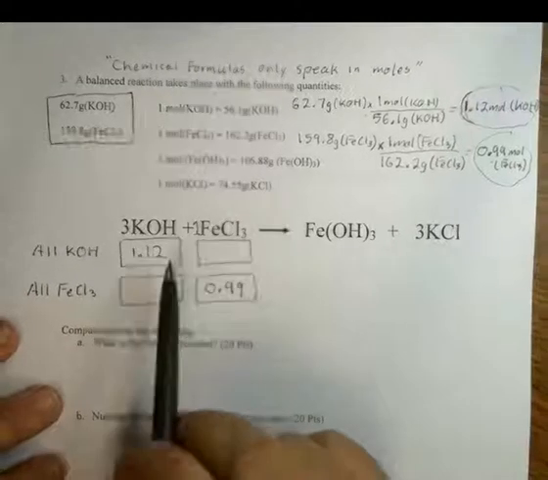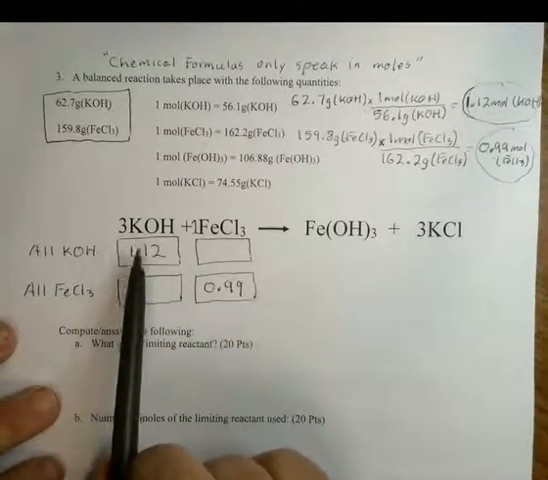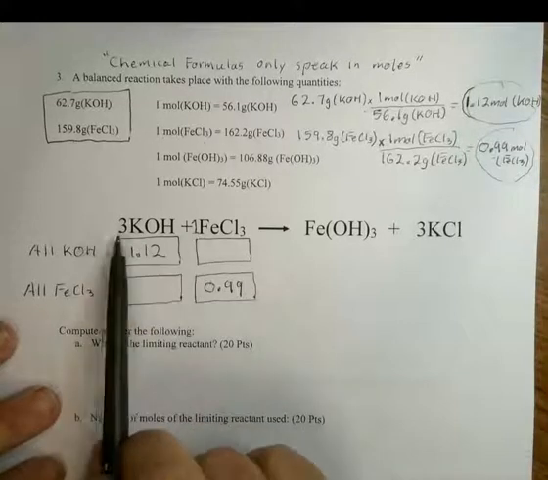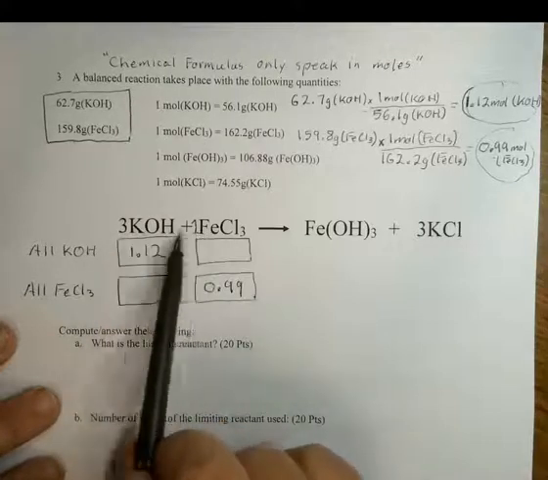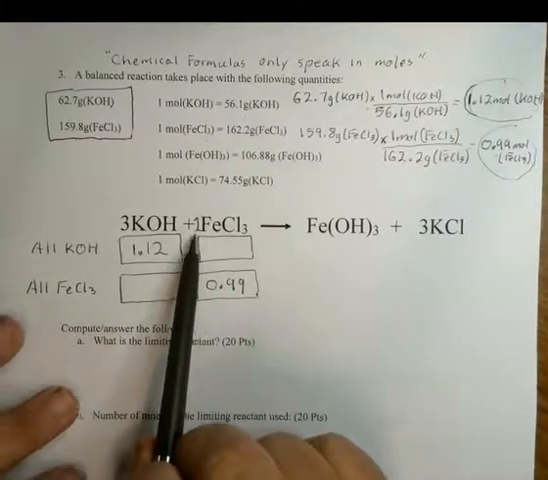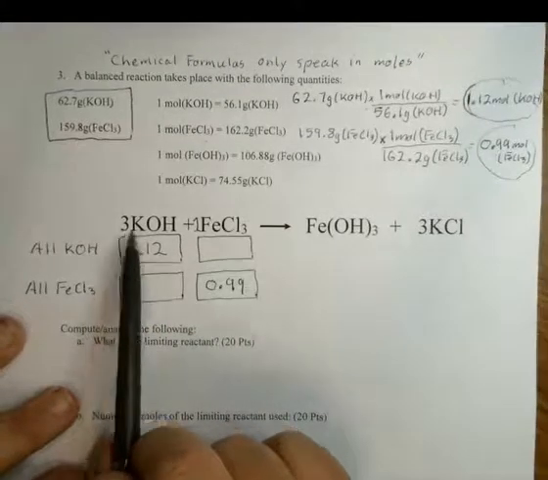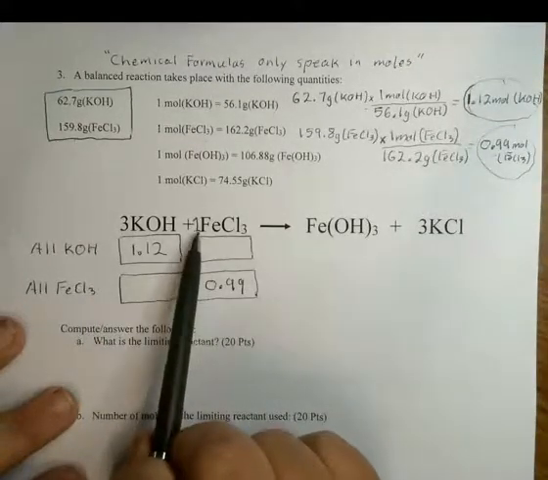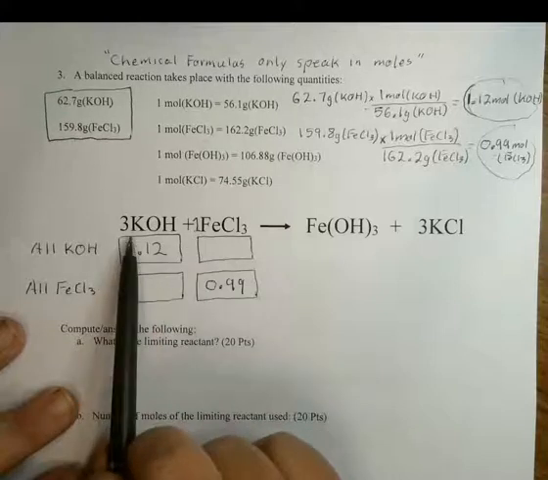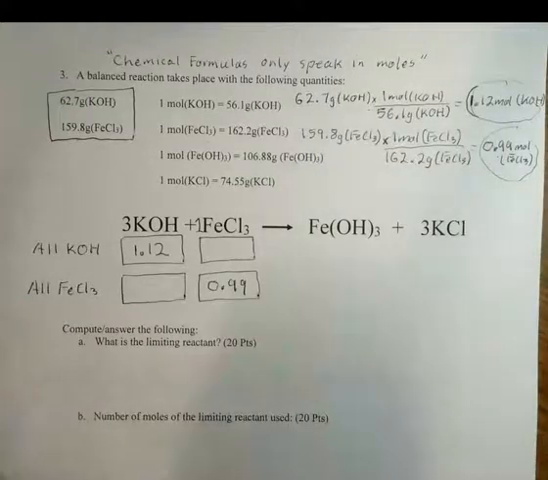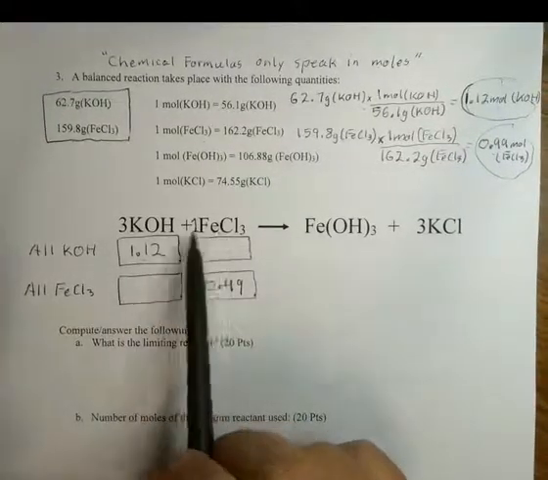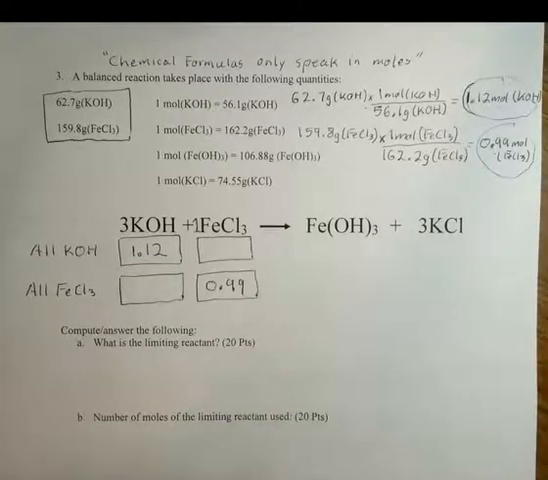So now what you have to do is simply understand that for every mole of iron chloride, you're going to need 3 moles of KOH. So for this reaction to run entirely, and if I said that the other way around, by the way, for every 3 moles of KOH, you need 1 mole of FeCl. So I need 1/3 as much FeCl as I have KOH. So if this reaction were to run to completion, so both of them were used up at the same time, then we would need 1.12 divided by 3 gives us